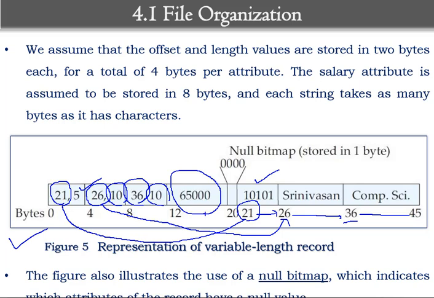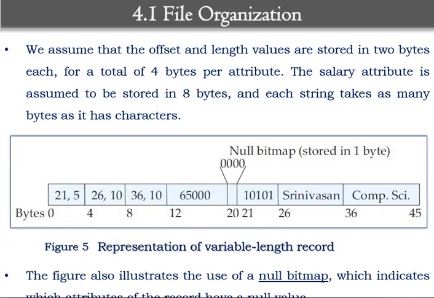Fixed length records are the records for which we use data types like numeric data types, and the attributes for which we use varchar type of data type, those attributes we refer to as variable length record. So here is the technique that is used to store variable length record, and I think we had done discussion on this in last lecture. I'm continuing the next part through these videos.